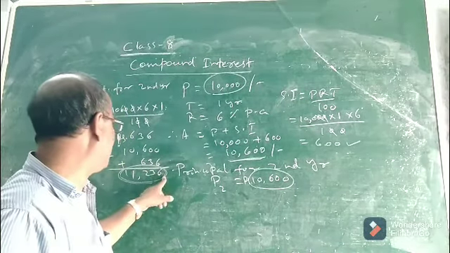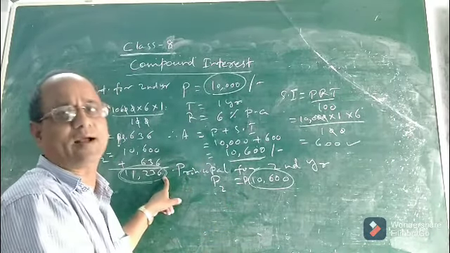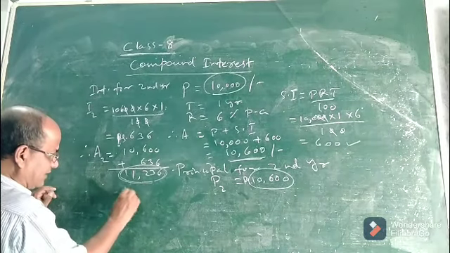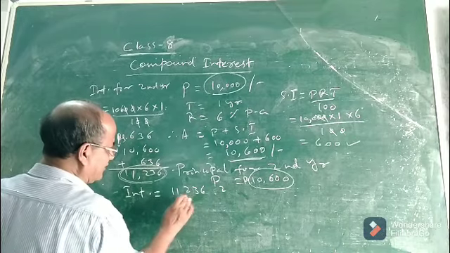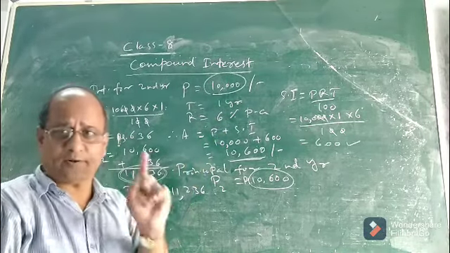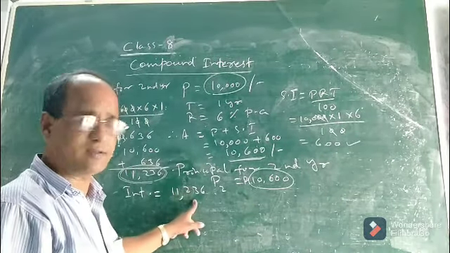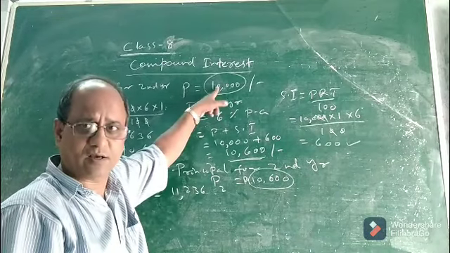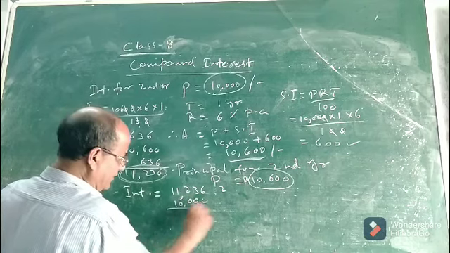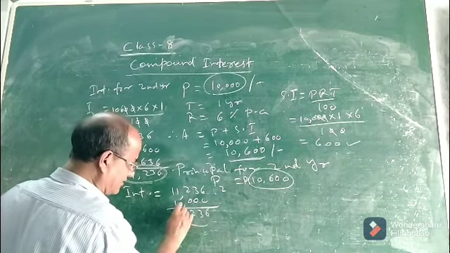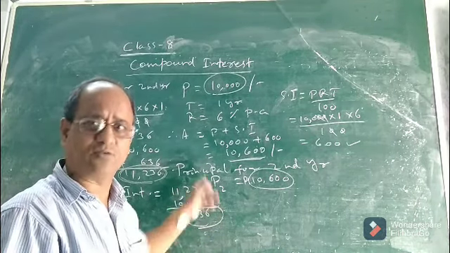So now tell me, this is the amount after second year. Then what interest did he give to the bank after 2 years? Then definitely the interest will be 11,236 minus principal. The formula for interest is amount minus principal. And this is the amount after 2 years, second year. And what was the principal? The initial principal was 10,000, you see. So that means 1,236. This is the interest he paid. This much amount he paid towards interest to the bank.